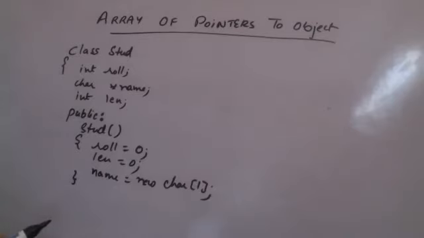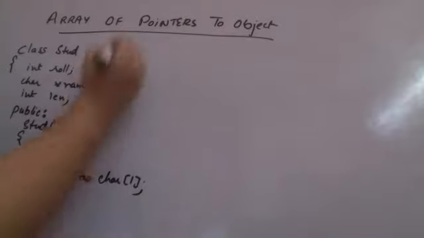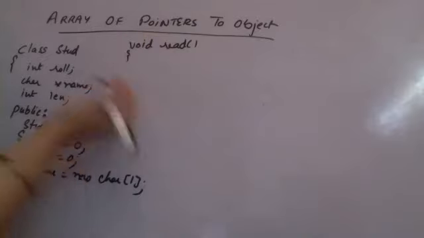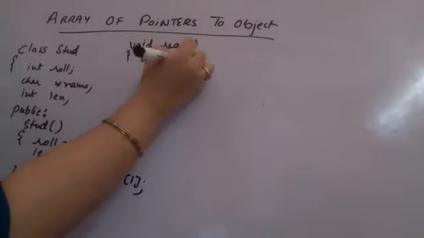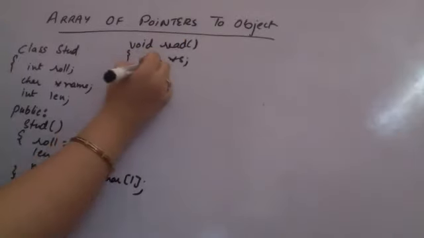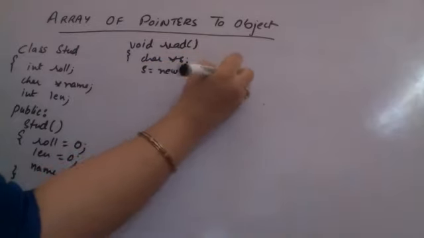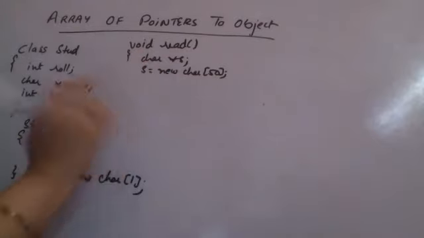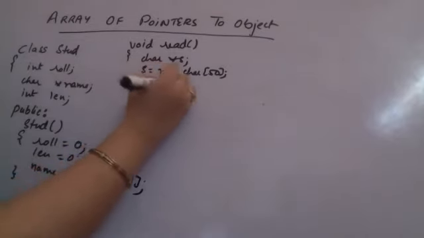Supposedly I want to read data or print data, so I will be making functions for the same. So let us try building them. I am, say, having void read. I want to read the data from the user, so I am reading the data from the user, creating a temporary variable and allocating memory dynamically to this temporary variable. Now this variable will be automatically lost as soon as the scope of the variable ends. So please make sure. Now after creating this, supposedly I'm saying enter student's name.